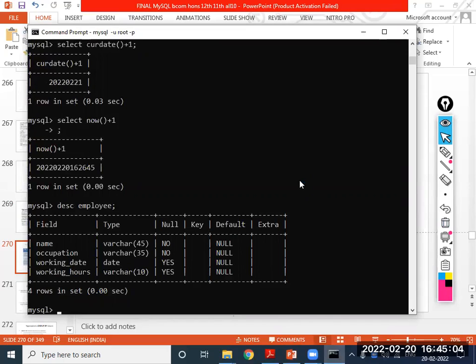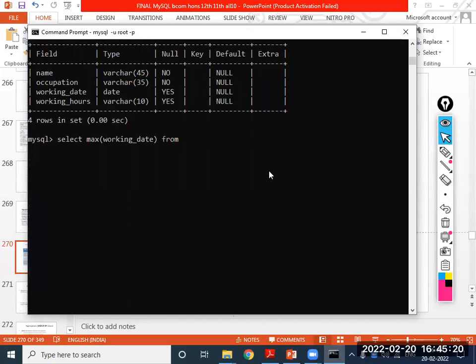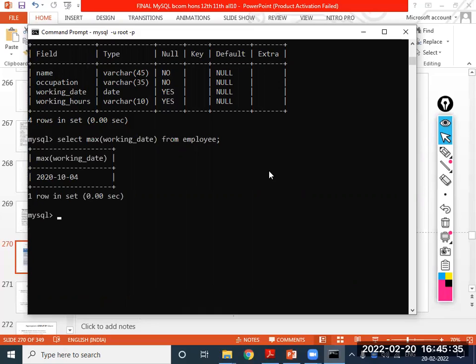So we can perform select maximum date, working underscore date from employee. Maximum date. Actually, we have only used it for four. So that is the most important thing. And one more thing, group by functions always apply on numeric values. Whatever numeric values there are, we can apply it.